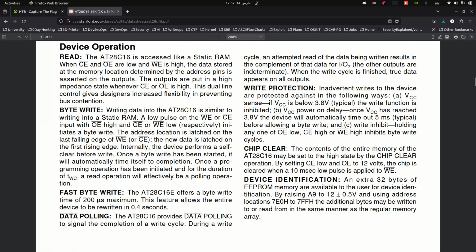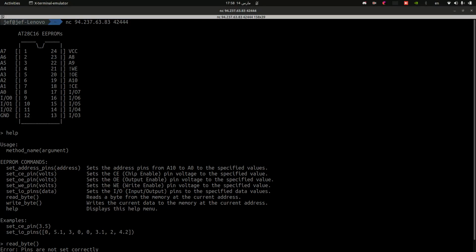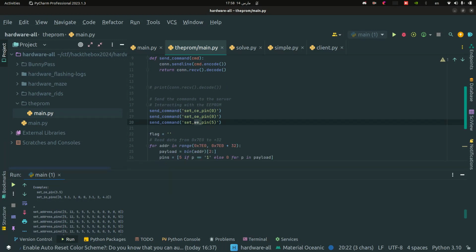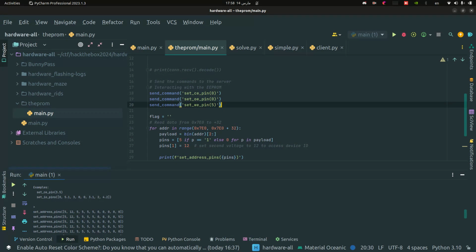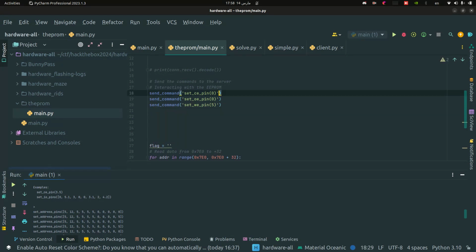Maybe here it's using 3.8, but we will just set this to 0, and WE should be usually around this voltage or 5. So let's just set this up in the code. We will first set the CE, OE, and WE pins to 0, 0, which are low, and 5, which is high. So if we just execute this part of the code,